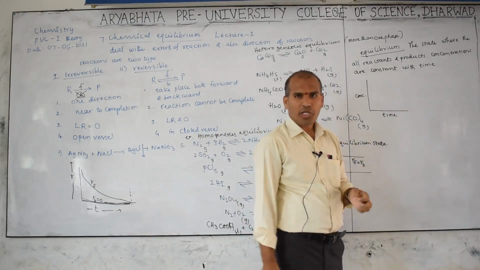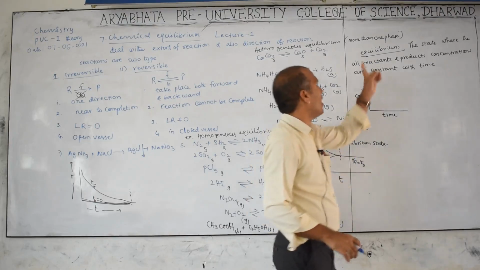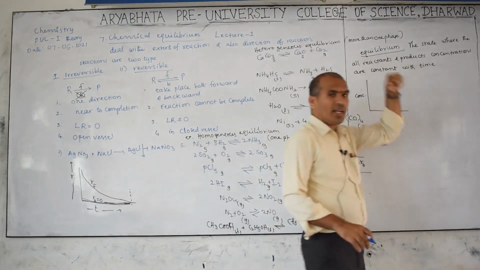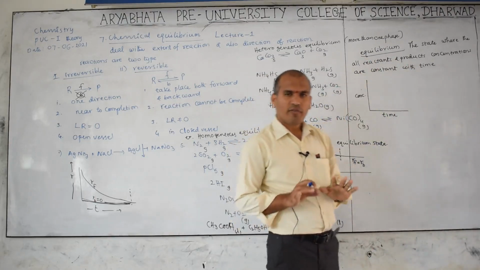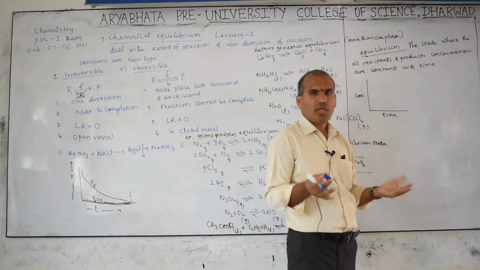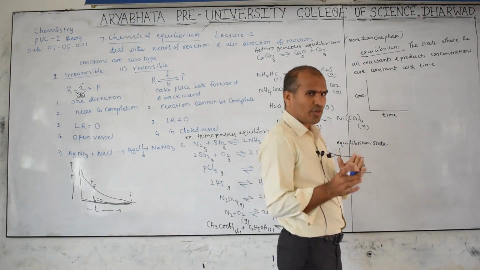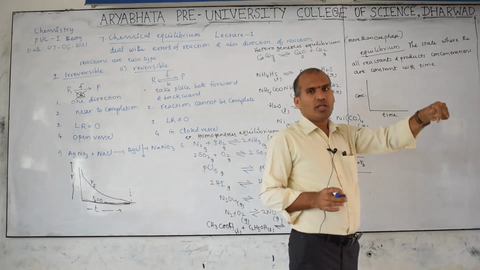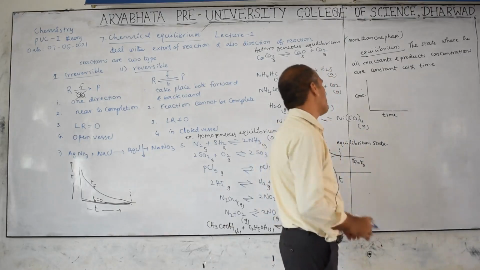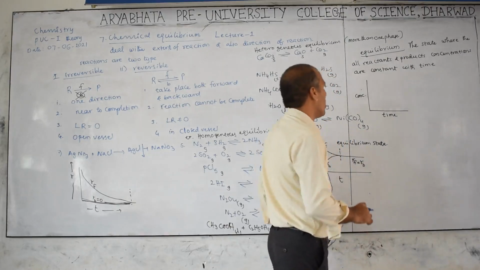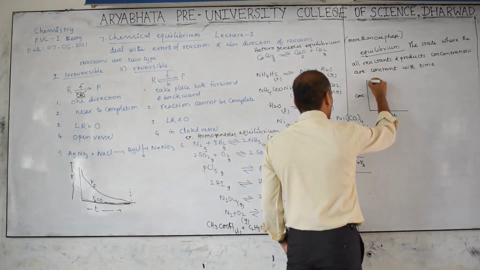Initially concentration changes. I am discussing the equilibrium position, the state at a certain position. At that position, the concentration of reactant and product do not change. Before the equilibrium position, it may be higher or lower, that is possible. But when it reaches that position, after that there is no change in the concentration of reactant and product.